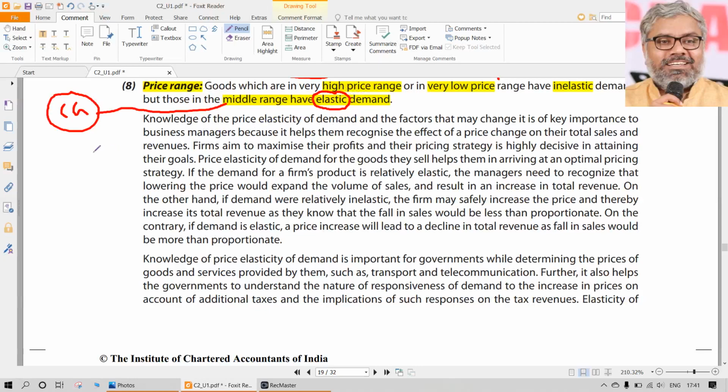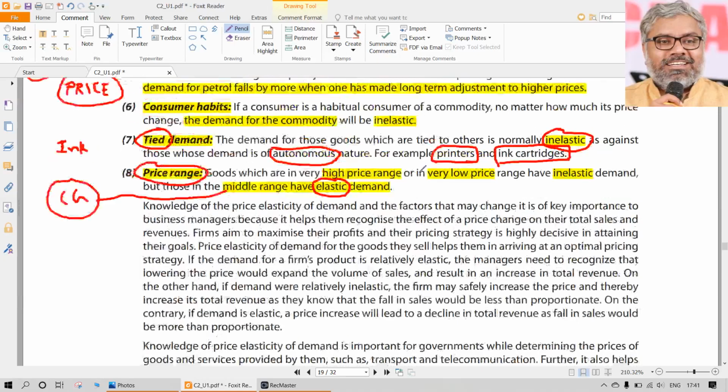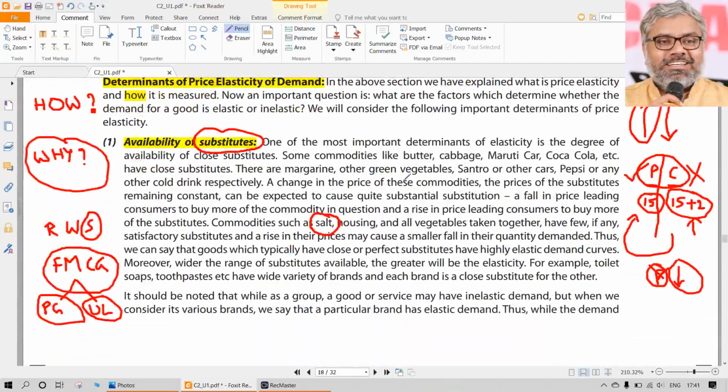That will be very much influenced by price. If the price is high, people will not buy. If the price is low, people will start thinking to buy it. They will develop interest to buy it only when the price is low. That is the nature of the commodities. That also depends upon the price range of the commodities. Elasticity of demand of any commodity will be determined by that. So these are the factors which will influence the elasticity of demand.